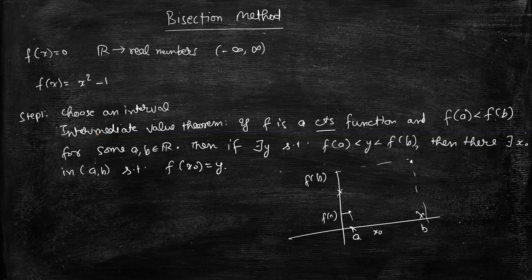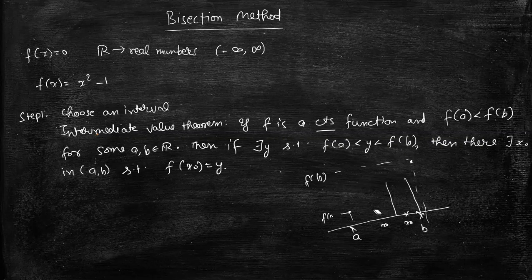For example, let us make any continuous function from a to b. Let us say this. Like this. So we can say that for this value of y, there exists this x node. For this value of y, there exists another x node corresponding to this y. There can exist multiple values. For example, if our function was of this type, then for this value of y, there can exist multiple candidates for x node. But this theorem only tells us that there exists at least one such x node such that f(x node) is equal to some given y.